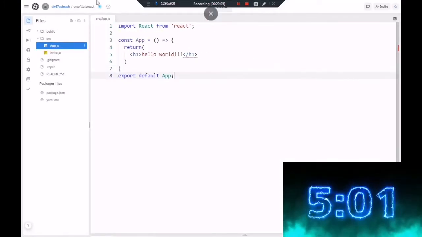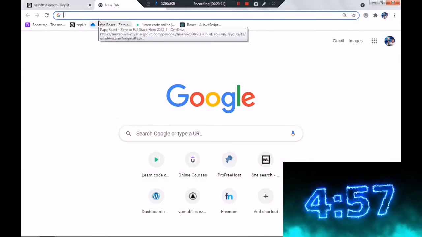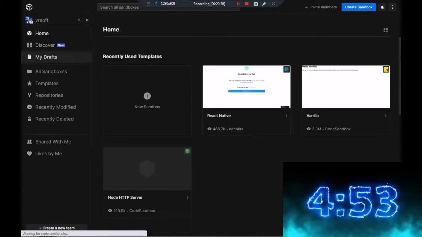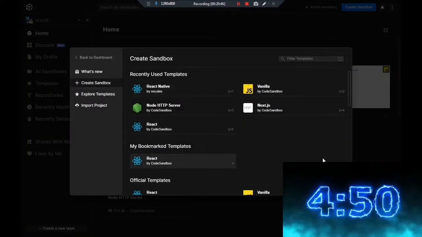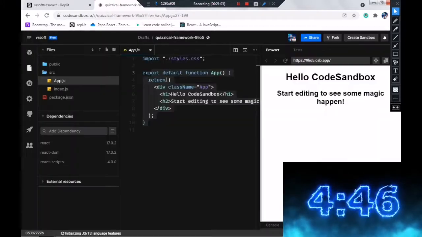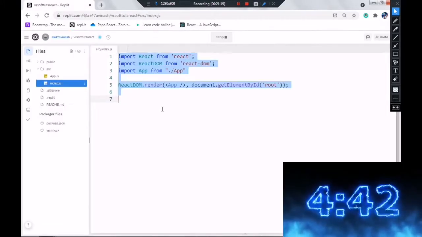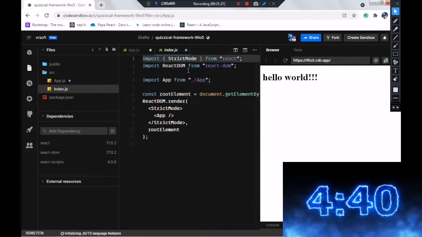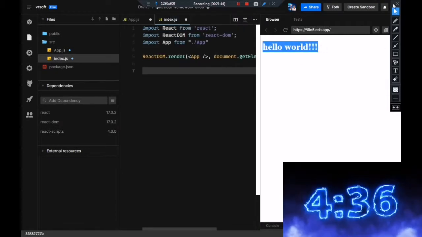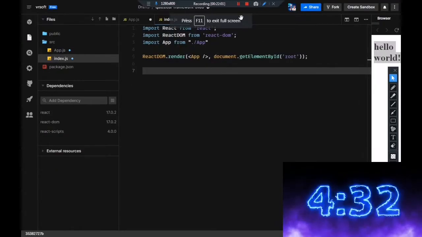That's pretty much it, and it should be like a connection. Think about it. For example, this is another code editor that will be really helpful to you. I will be introducing it. I will delete everything and put in the same code which I have written, copying it and replacing the code in here. That's all, and it shows hello world. I'll be opening it in a new tab.